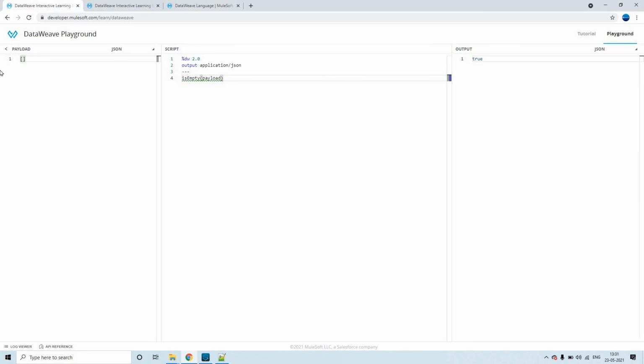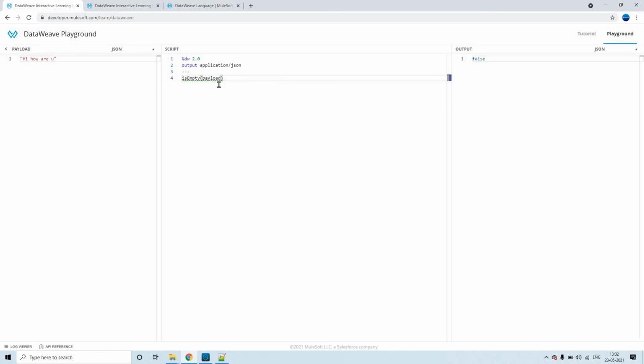See, it is an empty array, right? We don't have anything in the input file or input payload. So that is why it has returned true here. For example, I'm going to put some empty string value this way. So this is empty, right? Obviously, so that is why it is returning true. For example, I'm going to put something like hi, how are you? Okay, so this is not empty. That is why it will return false.